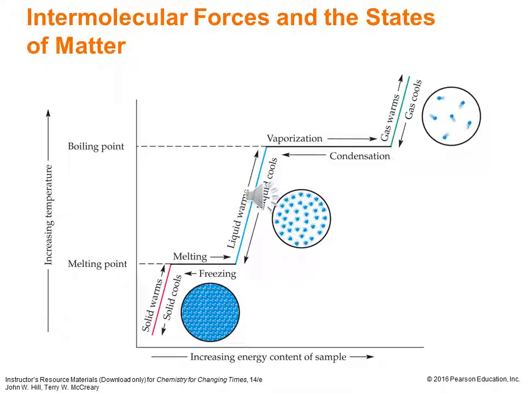Finally, once we have the gas, we could theoretically continue to heat that gas to very, very high temperatures, and the additional energy goes into moving those gas particles faster and increasing the temperature, which is a measure of the average kinetic energy. So if we go in the reverse direction, we cool the gas, the energy goes into bringing the particles closer together until they're so close that they can condense, and then we see that additional energy that we're removing goes into a place where the temperature is not changing anymore because the energy is going into bringing